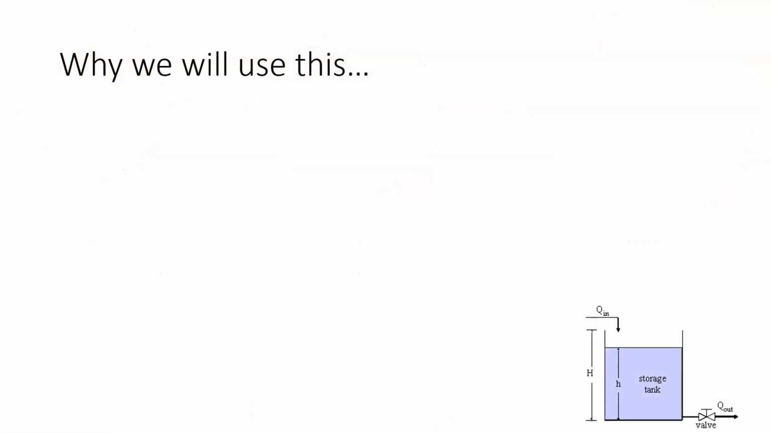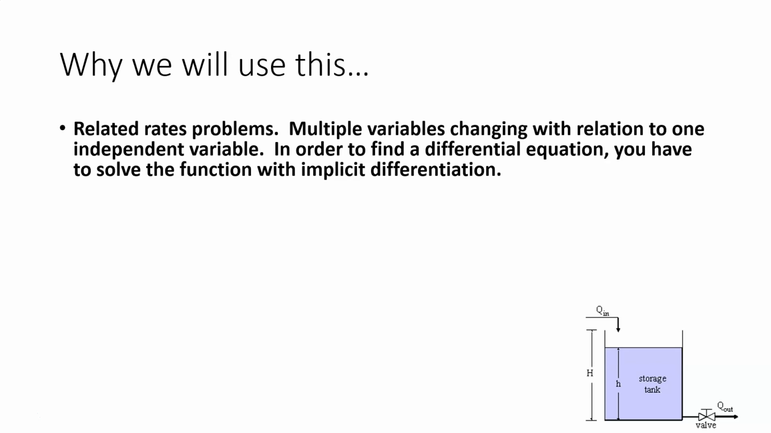As you see here, we've got a tank, and this is kind of a classic related rates problem. A tank with a given height in the storage tank and a flow rate going in and a flow rate going out. Now it's a different type of problem. I want you to see how it's working here, but let's go through a little bit more while we discuss it. What you have in a related rates problem is multiple variables that are changing